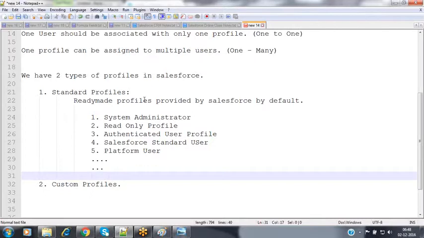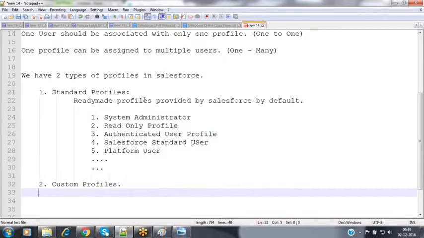Now, whenever you are providing permissions related to your Salesforce application, your Salesforce objects, your records information, and the operations they can perform on the records, like insertion, updation, deletion, and retrieval of the record, what operation you want to grant and on what application you want to grant access, everything we can specify as permissions inside that profile, and that profile we can assign to one or more users.